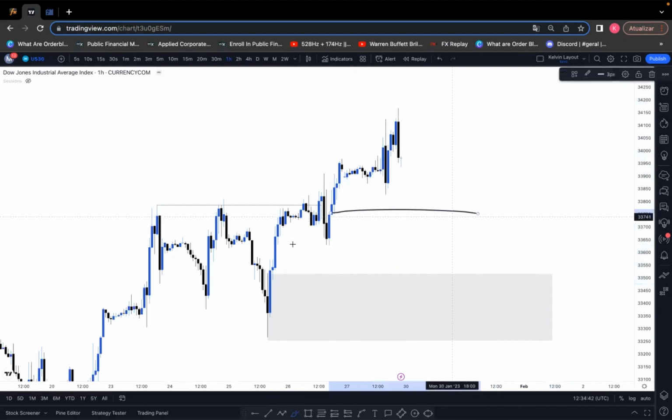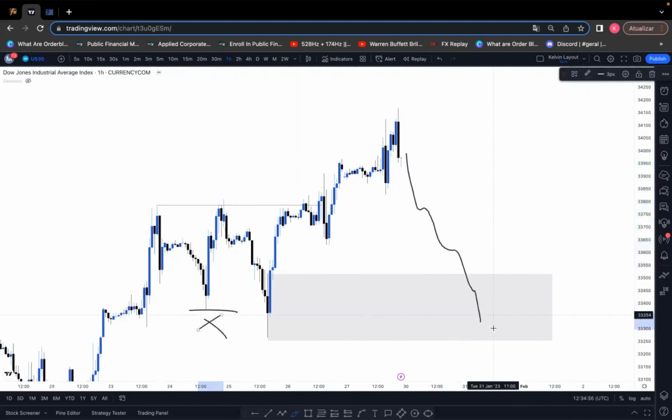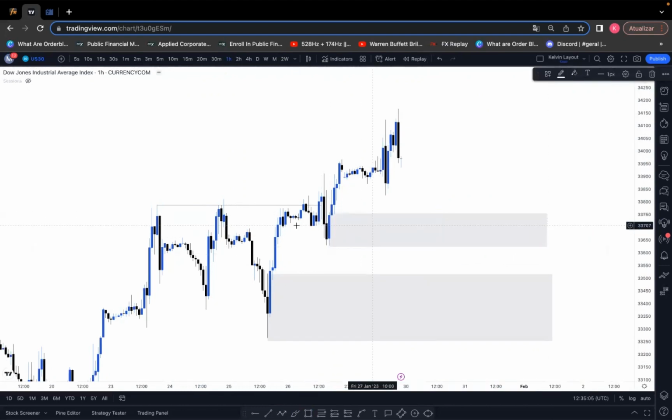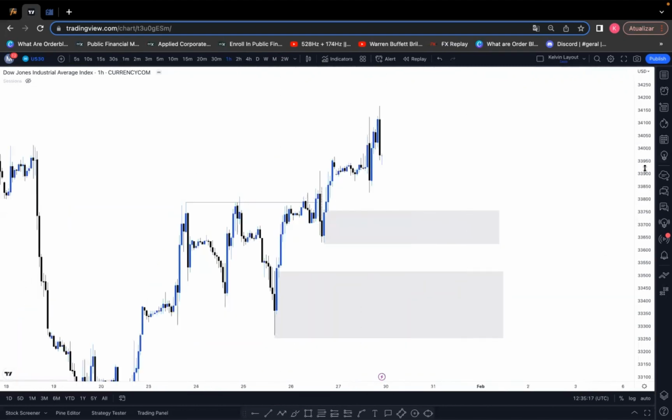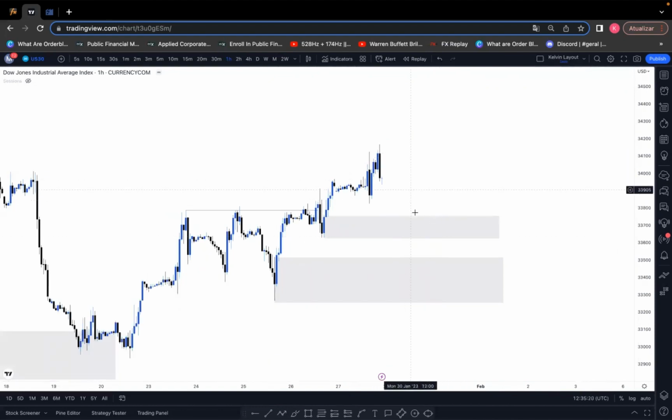Or we may see some sort of reaction at this point of interest because this one also swept liquidity before it pushed towards the upside, right? So I wouldn't be surprised if price came all the way down here to this point of interest because it swept liquidity, right? And then it continues to push towards the upside, right? So I would recommend to monitor these 2 points of interest right here, right? This one, because it swept liquidity, then it broke structure. This one as well swept liquidity, then it engineered the move that ended up taking this previous high. So they're quite significant points of interest that I would recommend to keep an eye on. And then you can drop down to M15 and wait for the confirmation to take the trade,